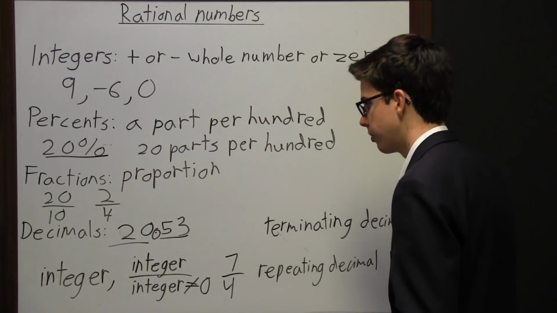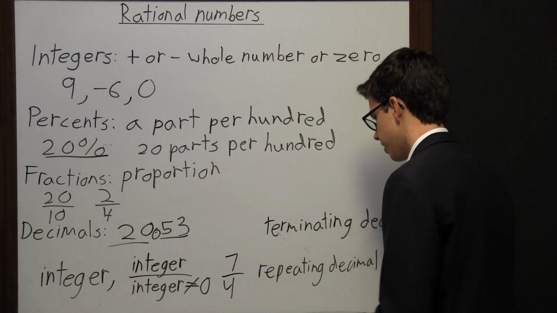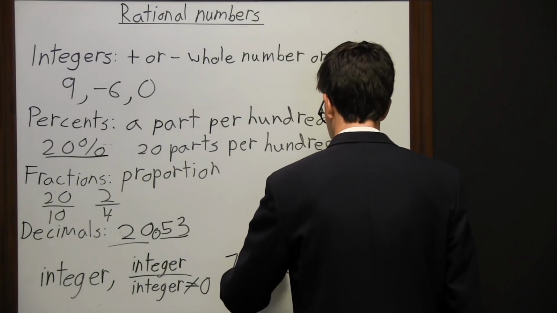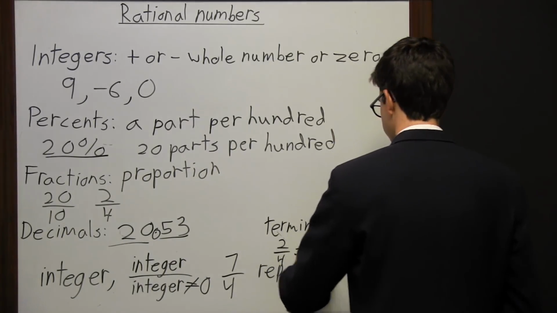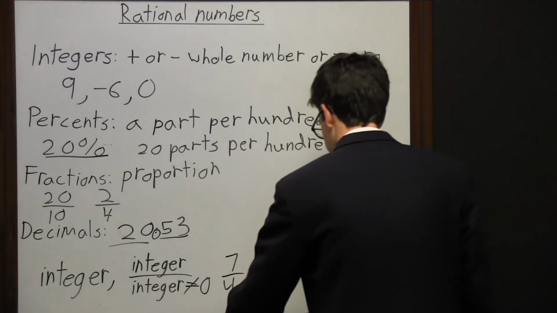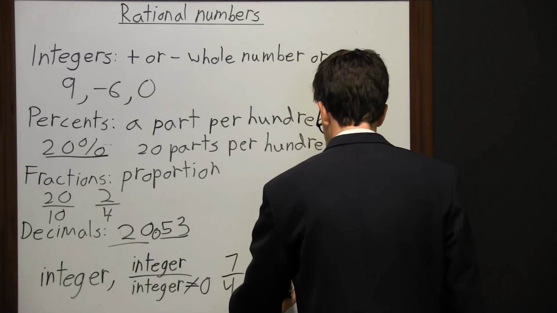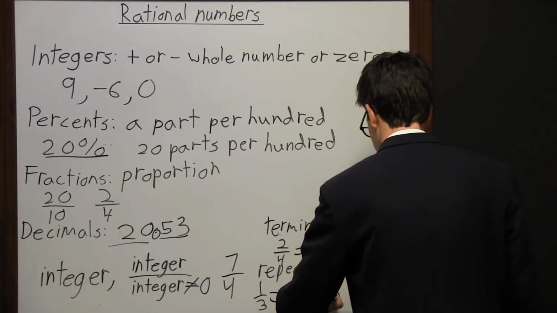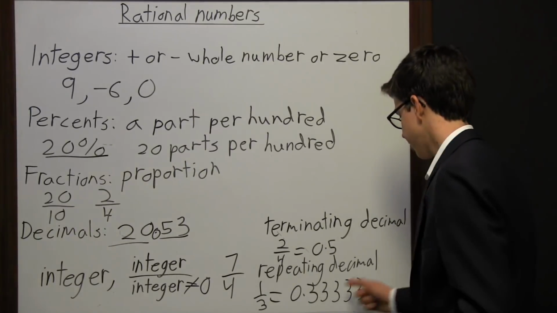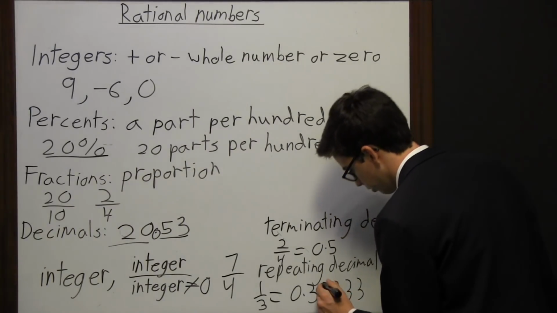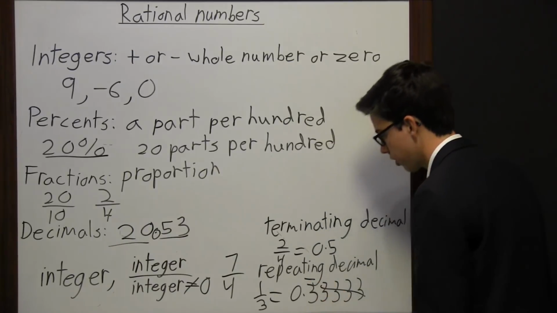So an example of a terminating decimal would be something like 2 divided by 4. From that you get 0.5. It ends right there at the 5. For a repeating decimal, you do 1 divided by 3 and you get 0.3333. It goes on forever. But notice we're getting the same number every time. So really you could erase all of these 3's and just put a line over the 3 showing it's a